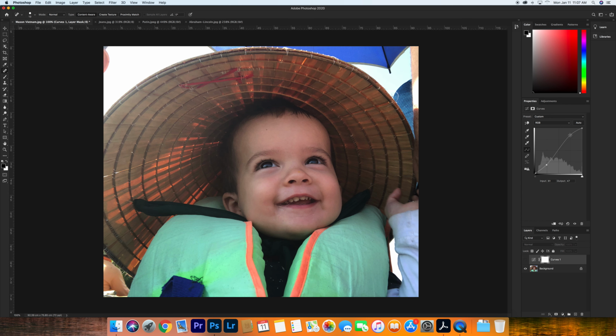I'll change it a little bit more. And of course, you don't need to put the dots here. You can put them anywhere you want. But this is the dark side, this is the light side, and you can drag them up or down according to how much you want. So, looks pretty good. All right, the next thing that we're going to be looking at today is the Liquify